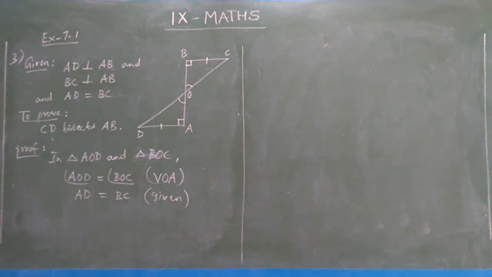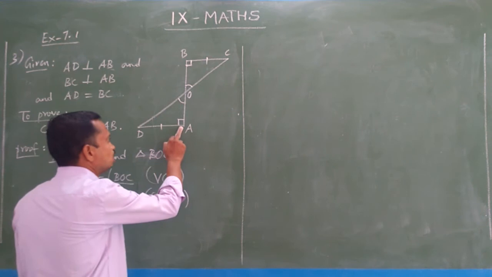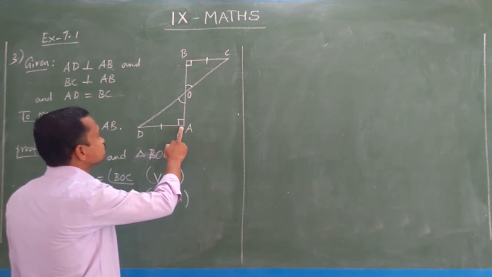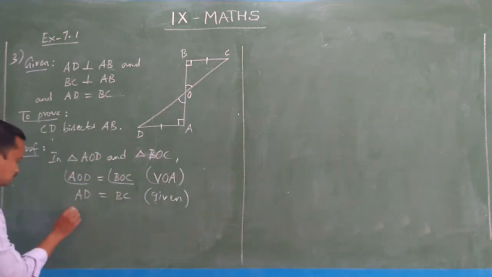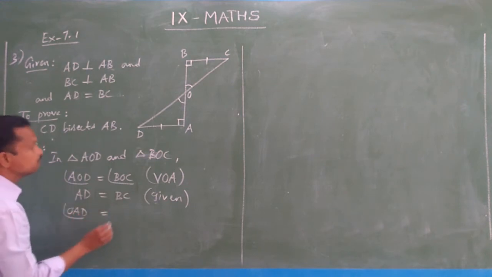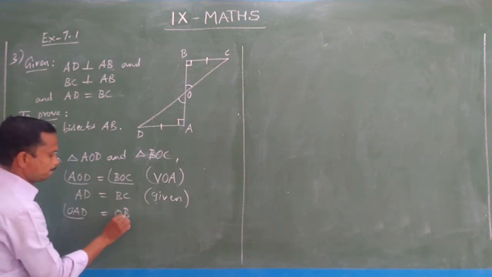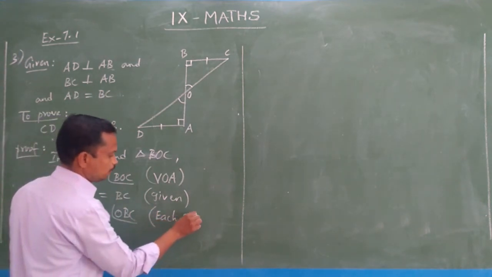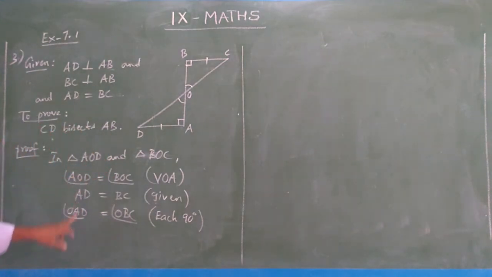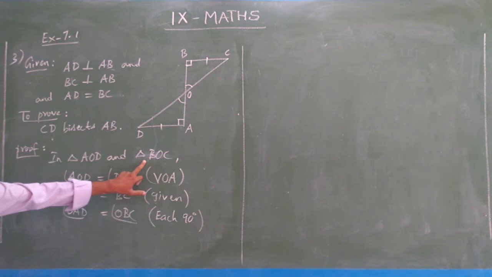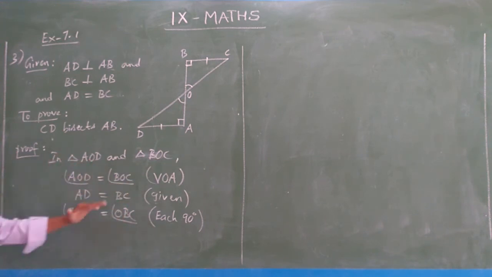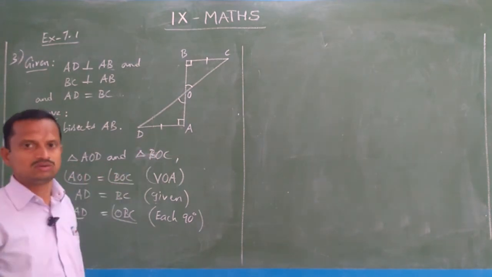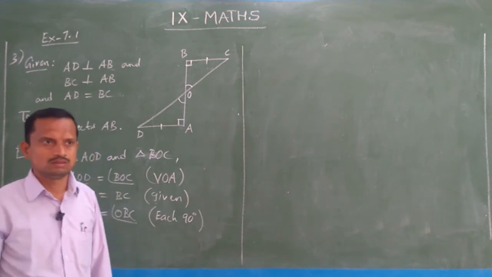And one more thing, 90 degree. See, this mark like this. If they mark like this, this is nothing but 90 degree. So, the angle OAD equal to OBC, each 90 degree. So, from the first we have taken the first angle, from the second triangle we have taken this angle. So, correspondingly we have to take. The left side are from the first triangle and the right side are from the second triangle. That we have to be very perfect.